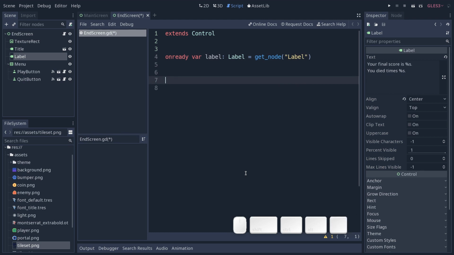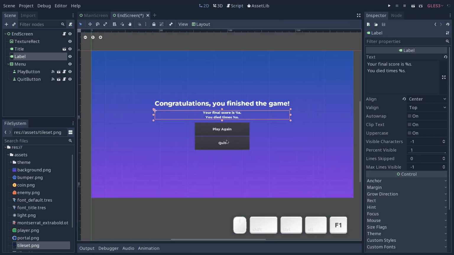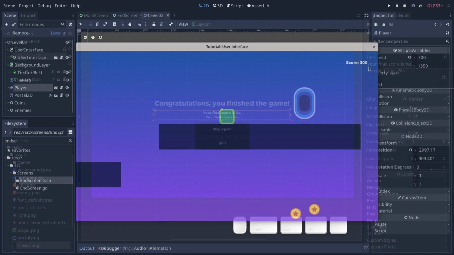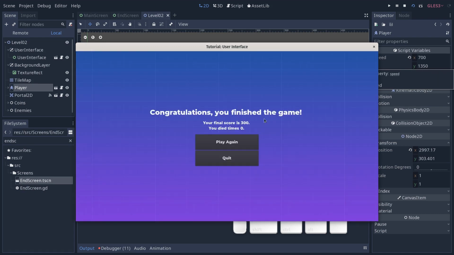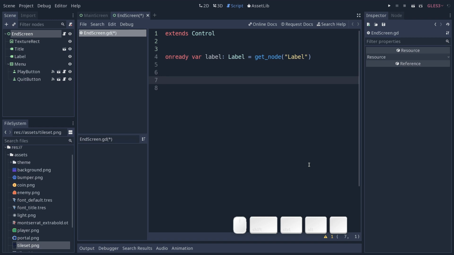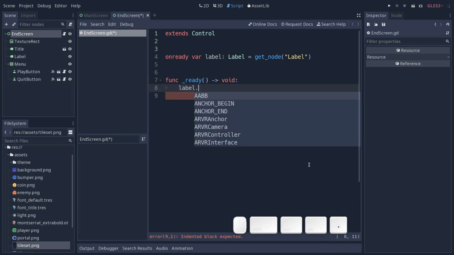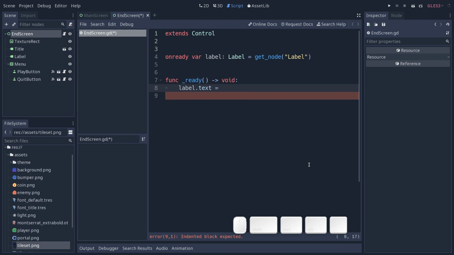We don't really need a function to change the text. When we arrive on the end screen, we're going to change scene from the second level to that end screen scene. So we will get the ready function of the end screen node called. Let's create that ready function. And this is where we're going to change the label's text. So label.text is equal to